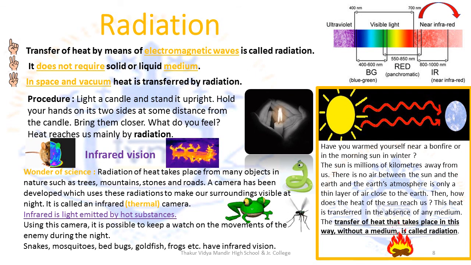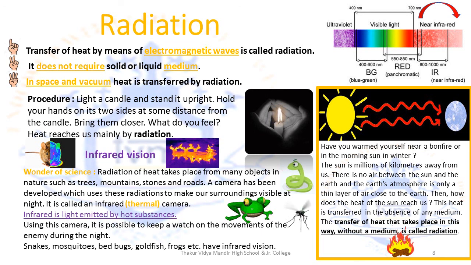Now, this heat that is emitted by hot bodies is visible in the infrared part of the spectrum, which human beings cannot see. The visible light for human beings is lesser. But there are a few animals which have adapted their sight to see in the infrared region of the spectrum. They are snakes, mosquitoes, bedbugs, goldfish, frogs, etc. They hunt or prey using infrared vision. Now, since infrared vision is basically heat, we can also call it thermal vision.